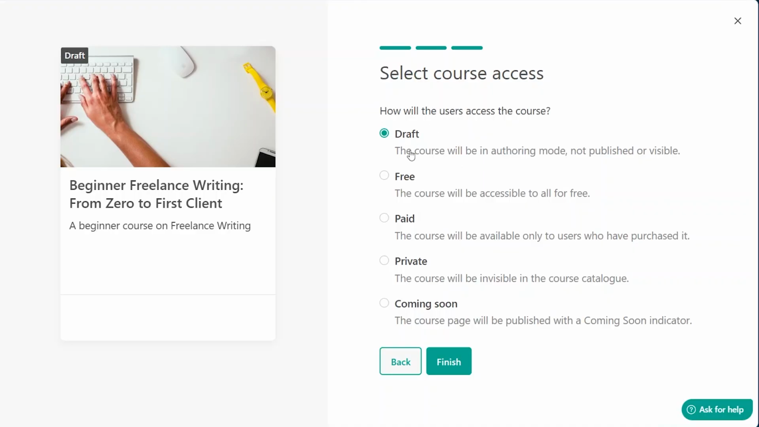It could be a draft, or where the course will be in authoring mode and not published or visible. It could be a free course, so the course would be accessible to all people for free. It could be a paid course in which the course will be available only to users who have purchased it, or it could be a private course where the course will be invisible in the course catalog. And lastly, you can have a coming soon course in which the course page will be published with a coming